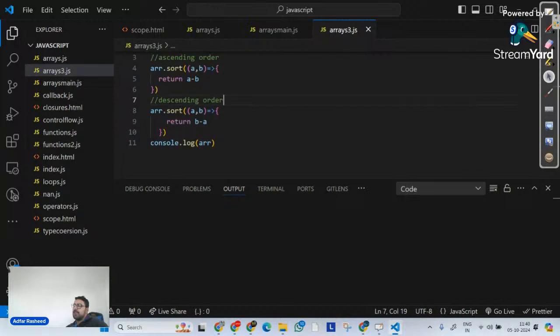Perfectly fine. Very good. Now, there are a few more methods that we will discuss, and then we will close our arrays discussion over here. Although there are a lot of other things that we need to discuss, like the spread operator, sort, and the rest operator, which we will understand in our next class.